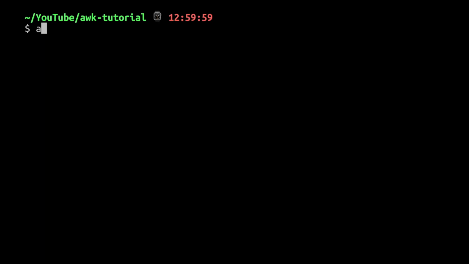So for a for loop, you can simply write awk, and then under quotes you need to mention BEGIN. I'll talk more about BEGIN and what it is. It is a special pattern, and then you simply need to write your for loop under curly braces. Here I'll simply give some initial values, and then I'll say let's run this 5 times, and increment it. This for loop is similar to any other for loop.